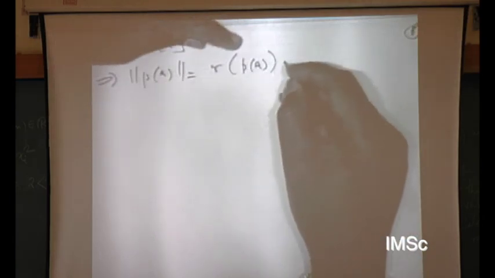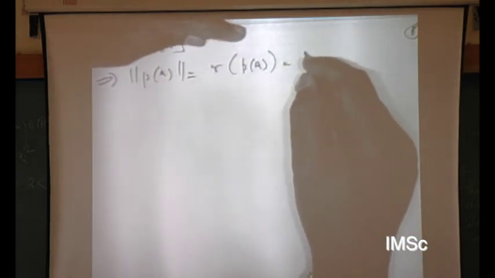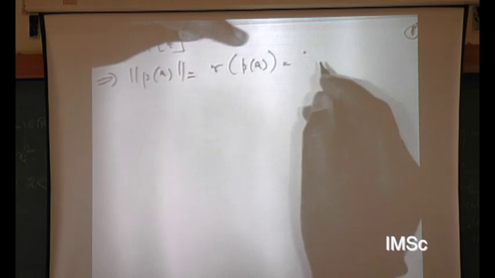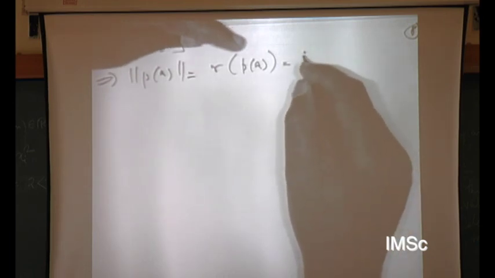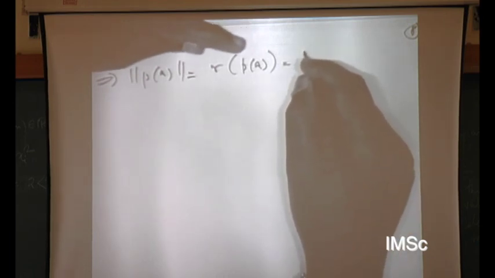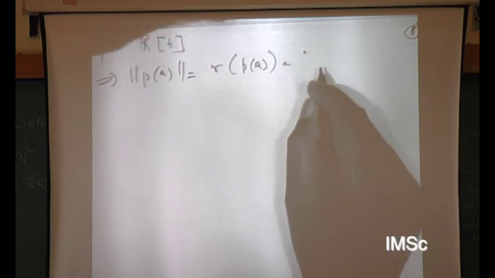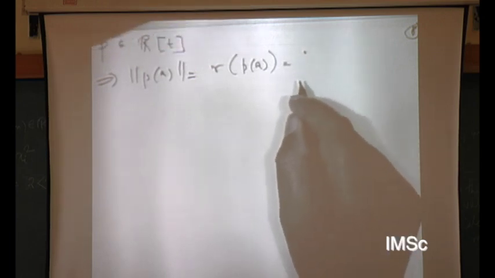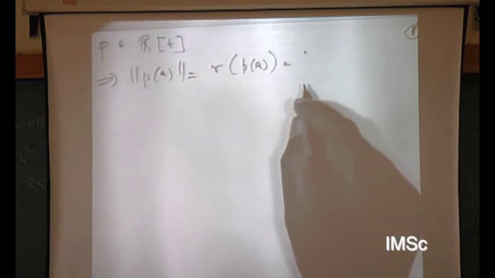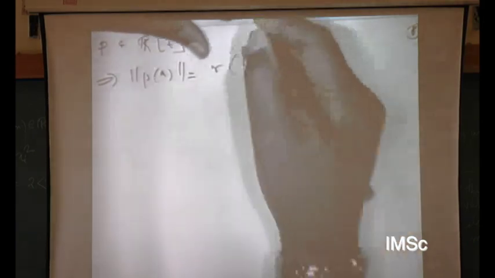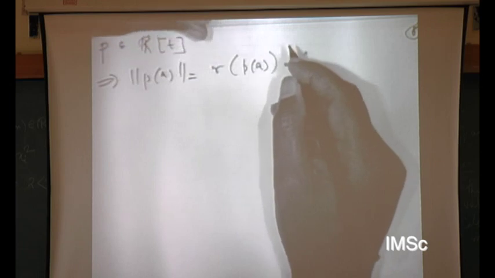Which is, say P of spectral radius, no, they can be negative sign. So spectral radius of P of A is